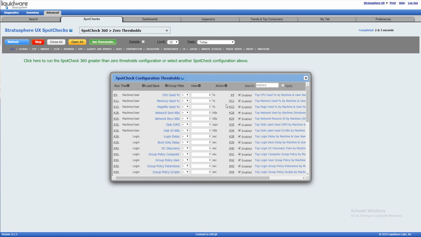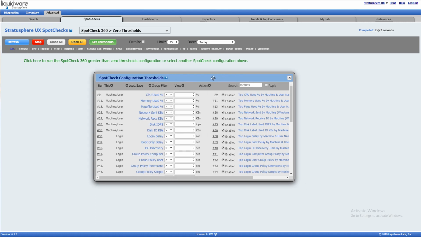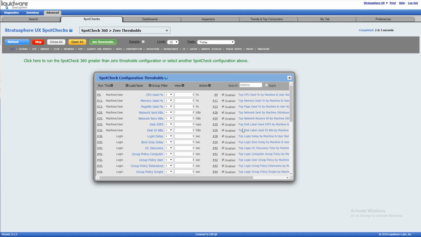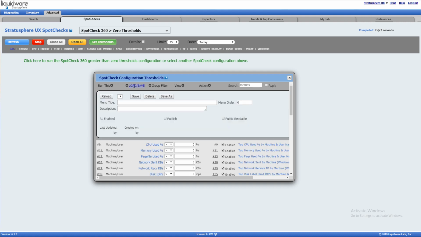And now here's all the items that I've selected on my first Stratusphere hub. These are the things that I thought were important to me. And so I can now type in thresholds, or just look at the worst in each category, click Load Save, type in a menu title,